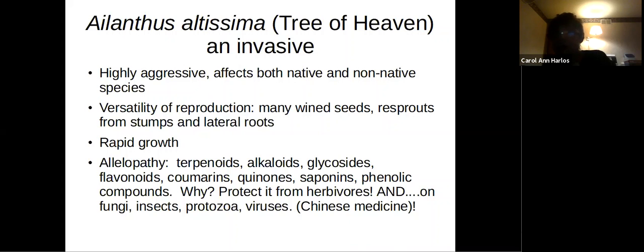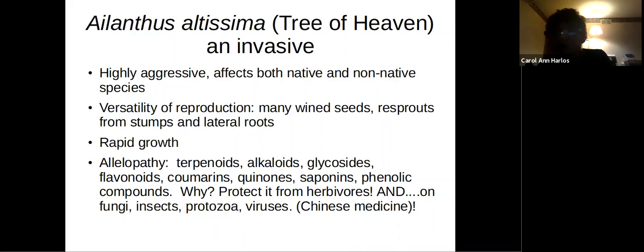Its reproduction has loads of wind-blown seeds. They resprout. If you cut it down, it resprouts from stumps and its lateral roots. It grows like a weed. But